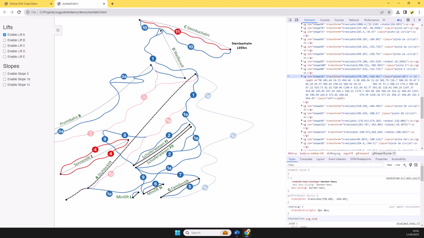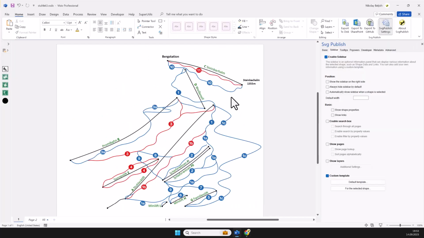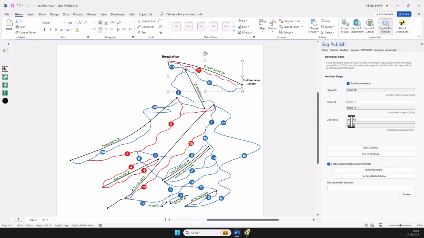The class we specified here in Visio actually for this path, right? If you open it here in the developer tools, here is the class. So by that you can just identify shapes and do with the script whatever you basically want with that shape